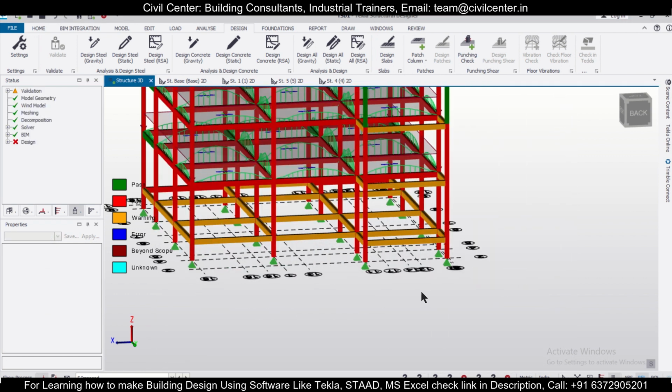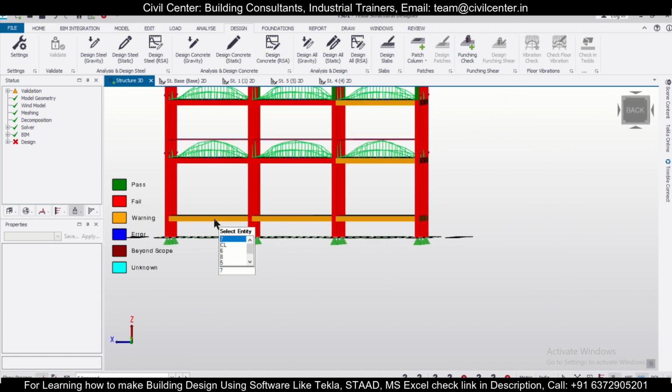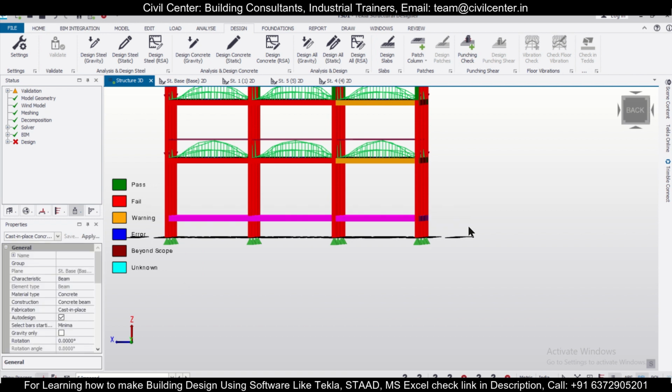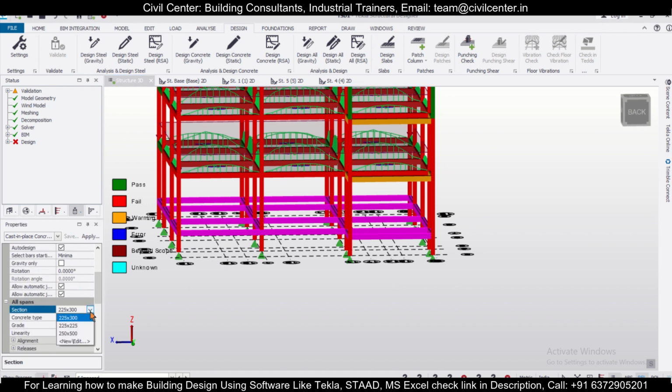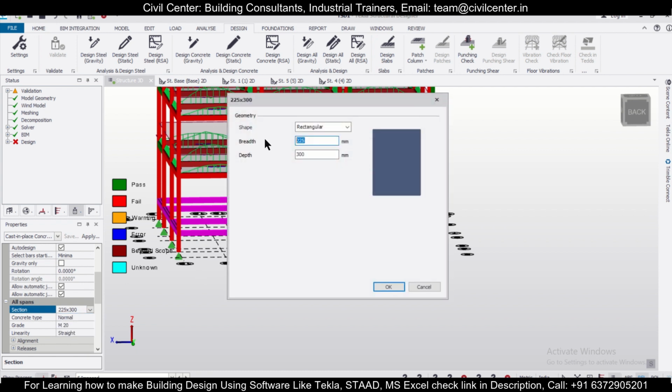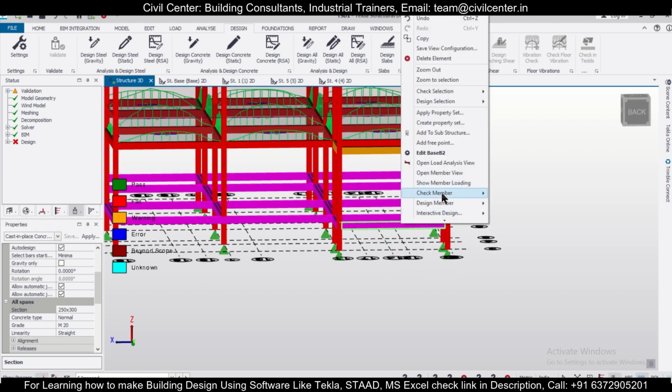And then after that, we can also go with some higher sections for this. Since this is the plinth level, let's give this a section of 250 cross 300, and then right click and then design member or design selection static.